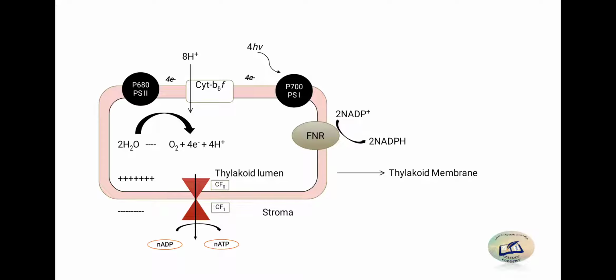See the diagram carefully. We have considered the PS2 system here, and we have marked PS2, P680, in black, and then we have PS1, which is P700. Take a note, as sunlight is absorbed by these pigments. Let's go back to the process where we studied non-cyclic photophosphorylation. What was happening there? As sunlight was falling, the photons were absorbed. See, in P700 I have written 4 h nu, same for P680 also. There also photons are absorbed.